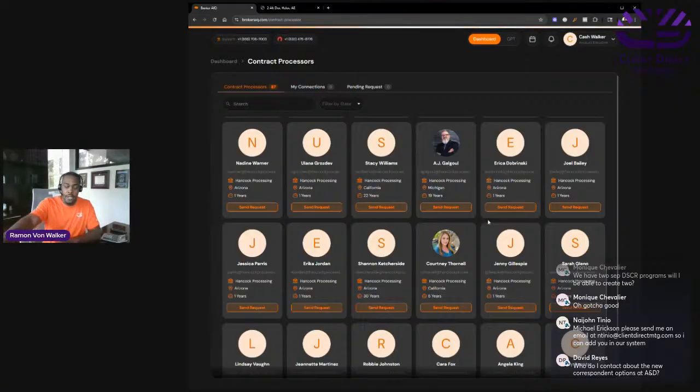In addition, the contract processor can use the AI Genie to understand your guidelines. Because when I was interviewing the contract processors, I asked about the worst thing. The easy ones, like VA, there's no reason to talk about that. Let's talk about why you don't want to work with a loan officer. What happens? Well, they give me this hairy deal and they want to do this and that, and they don't know what they're doing. I have to figure it out, and I'm not sure which lender to take it to and all this other stuff. Well, we're going to help guide that.